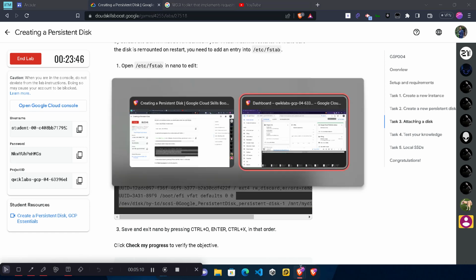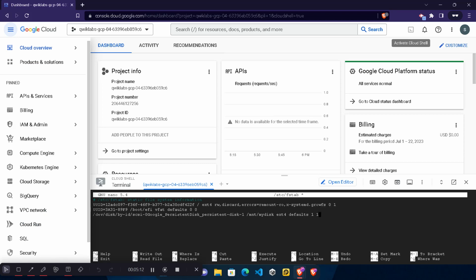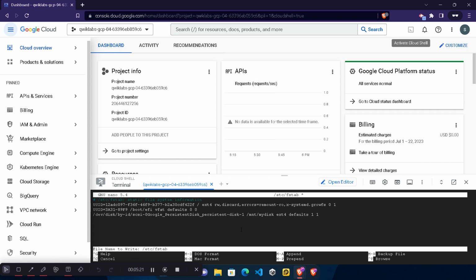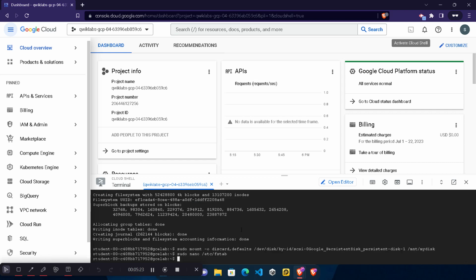Once you copied it, simply come back to here, paste it under here, and now to save it, what you need to do? Listen very carefully. You need to simply first of all press Control plus X, then hit Y and hit Enter button. Okay, Control plus X, then Y, then Enter. Once you are done with this, you will see your terminal will be back to normal.